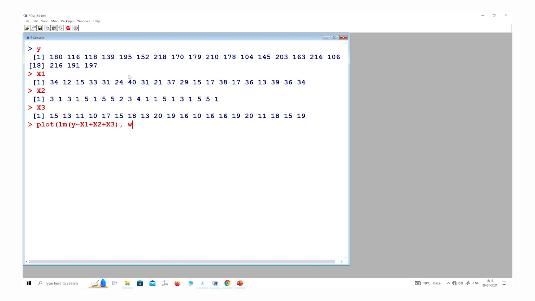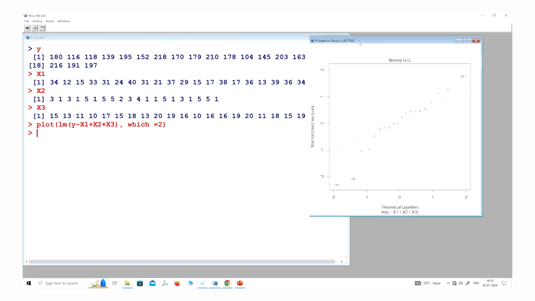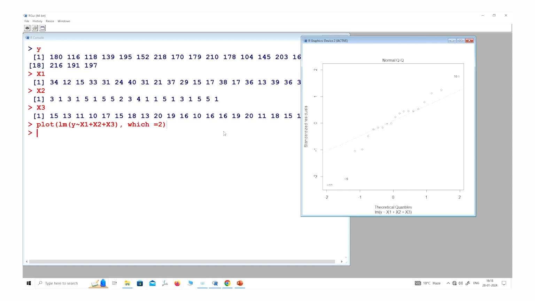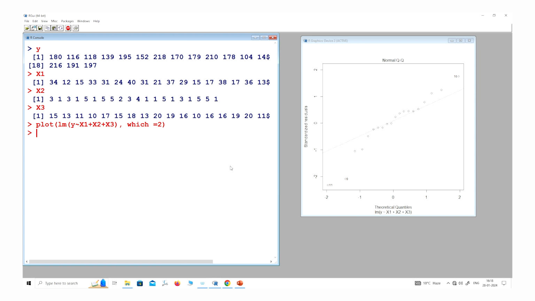And then you have to set which equal to a value. I will show you what happens by changing it. You get a plot like this one, and if you change which to 3, suppose, you can see now you are getting a different type of curve. But anyway, you have to see in the help of the plot function what is the correct value to choose for which.